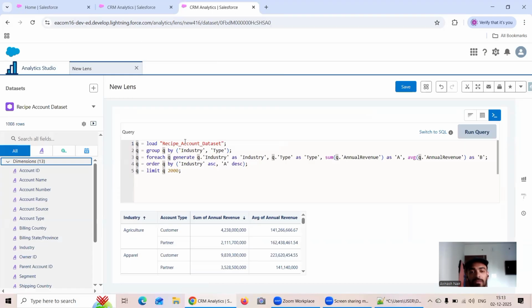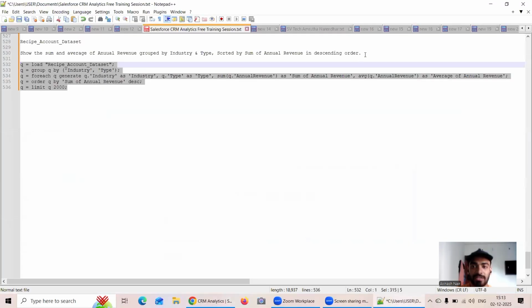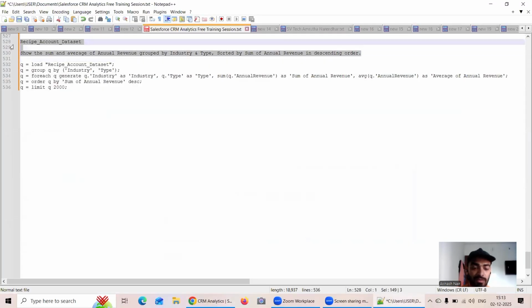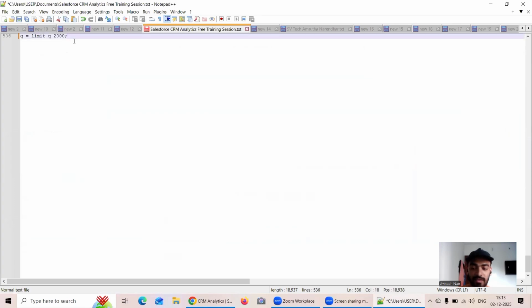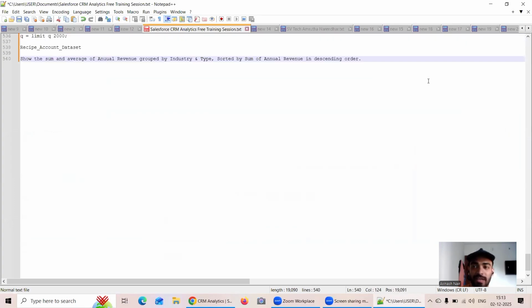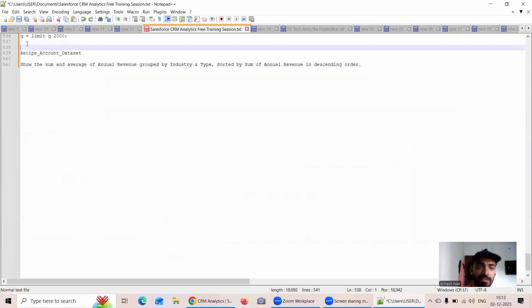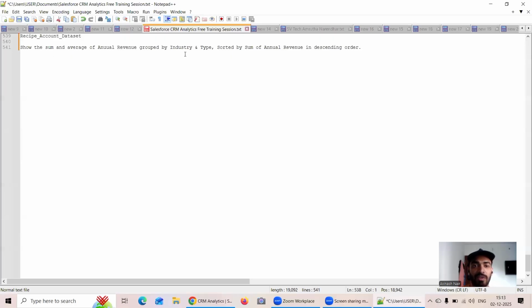Here, if you see, it's the same thing: q equal to load, q equal to group by, q equal to foreach. We are displaying it, ordering by this, and finally limiting. Here of course we are doing industry as ascending and the sum as descending. If you see the condition, it's more or less the same thing. Let me copy this from here and paste it here. It's a slight variation. The variation is: show the sum and average of annual revenue grouped by industry and type, sorted by sum of annual revenue in descending order